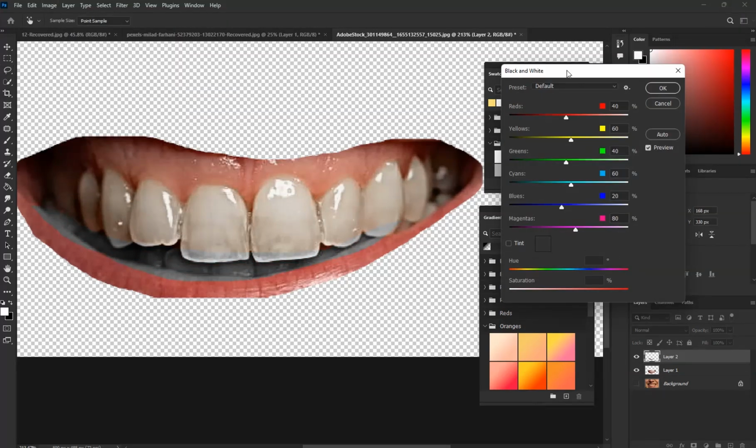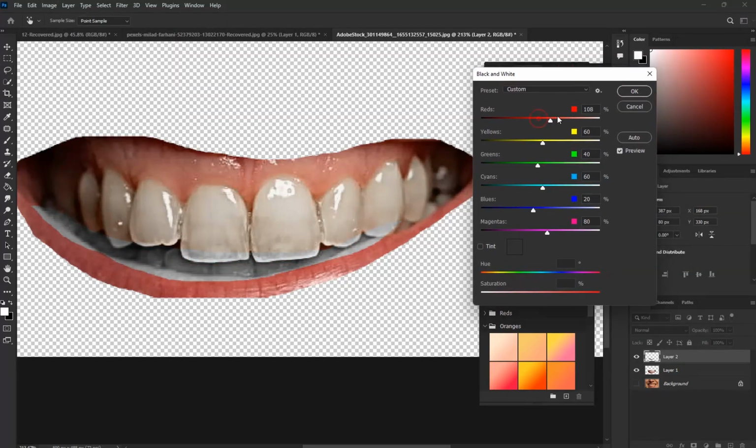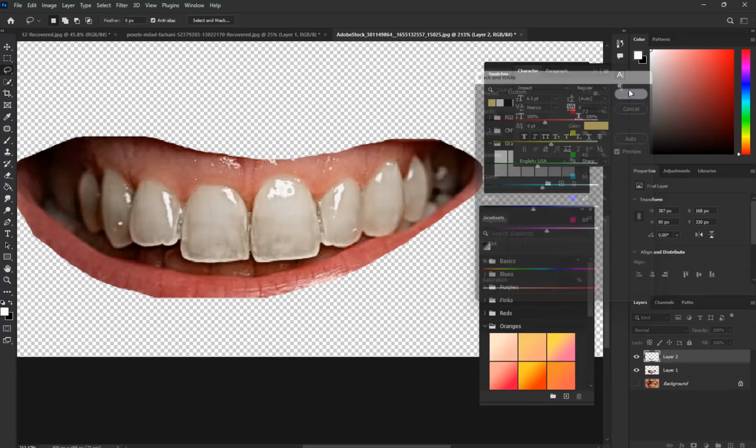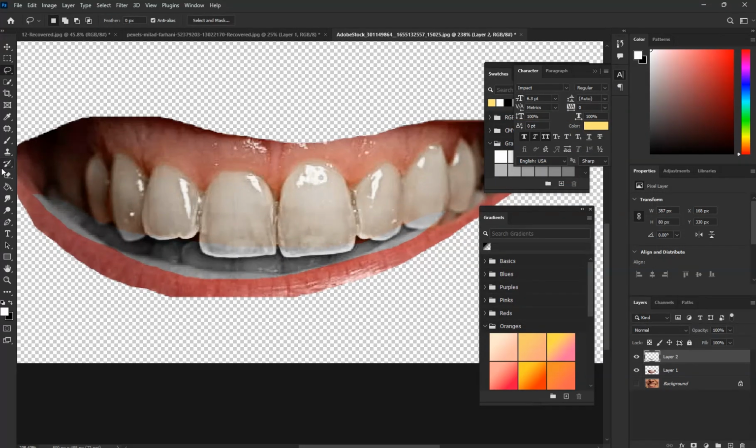When you reach here, try to control this. Okay, and hit OK. When you hit OK, choose the eraser tool, this one, and just increase the opacity to 100